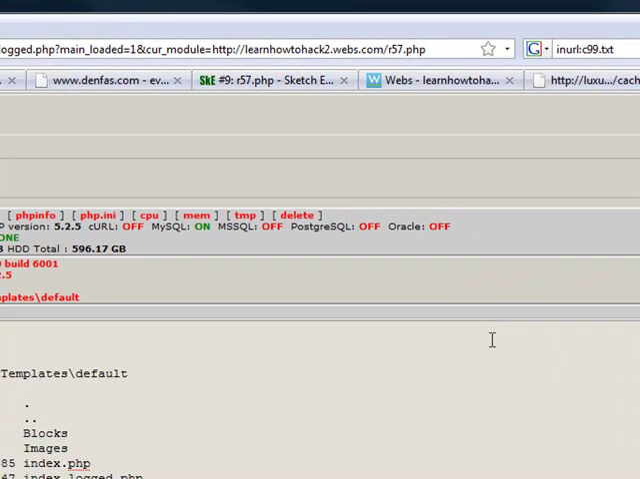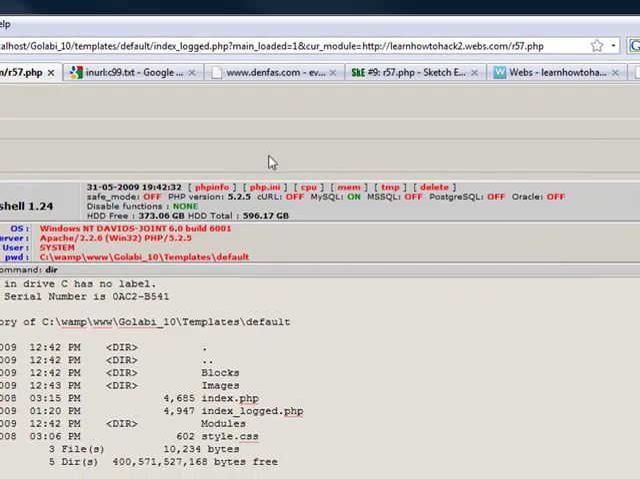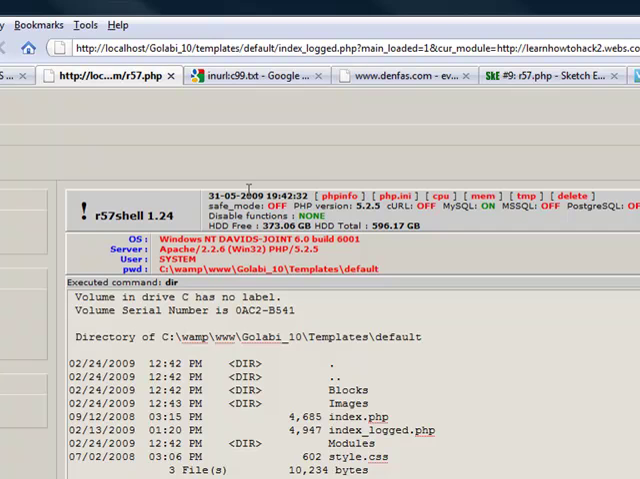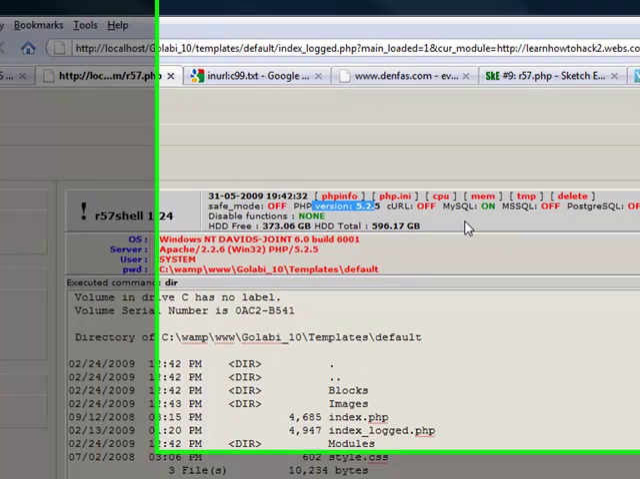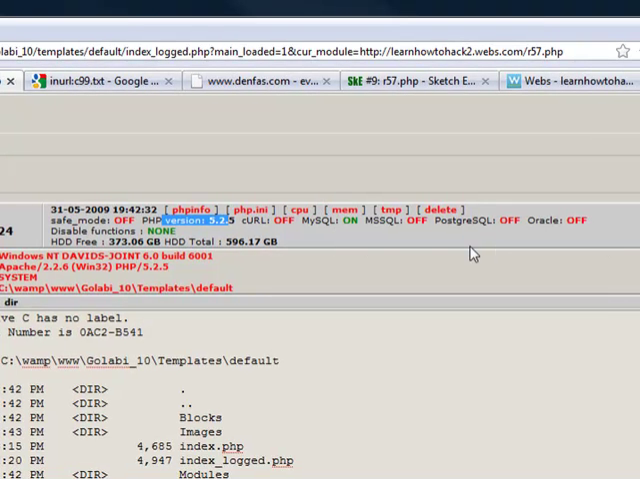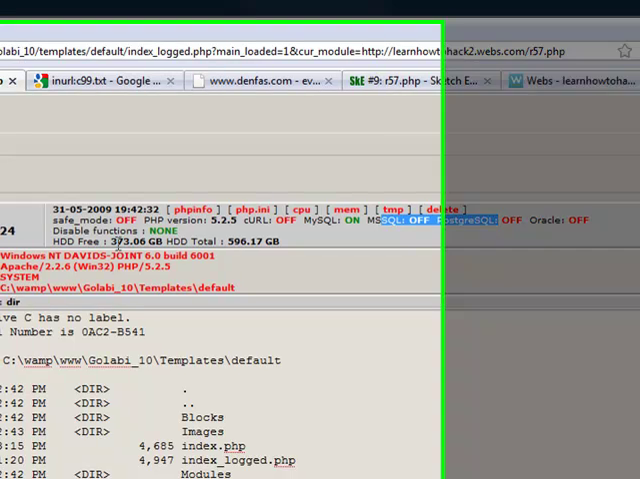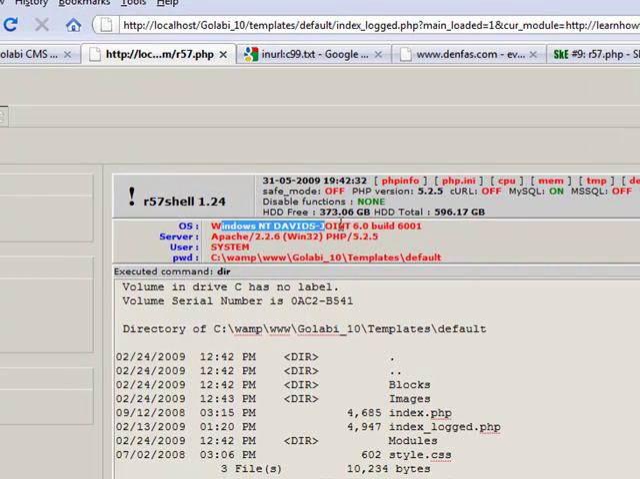And bam, I'm in. Basically, I have a shell up. As you can see, it tells me that safe mode is off. That's excellent. The PHP version, MySQL, if it's on or not. If not, maybe some other database is installed. Tells me the hard drive, how much free space I have, how much total there is, the operating system, the